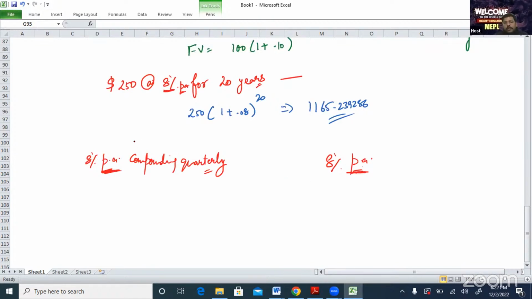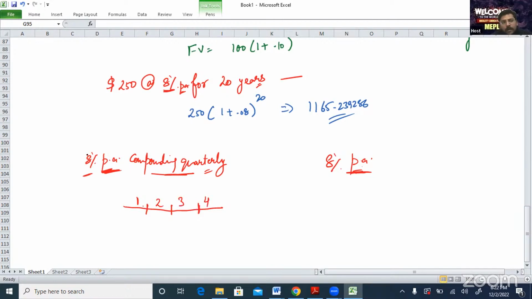So does it mean that both these are same? Answer is no, because this is compounding quarterly, this is 8% per annum. So what is the difference? If this is the case, 8% per annum compounding quarterly, it means we are getting the interest 4 times in a year. इसका मतलब ये नहीं है कि 8%, 8%, 8%, 8%, so total 32% we are getting. No. It means we are getting total 8% return, but in 4 installments. So what is happening, we are dividing my total year in 4 quarters. So this is my first quarter, this is my second quarter, this is my third quarter, and this is my fourth quarter, for example.